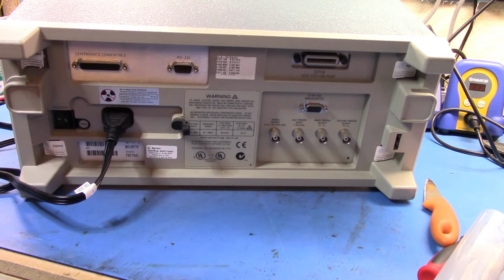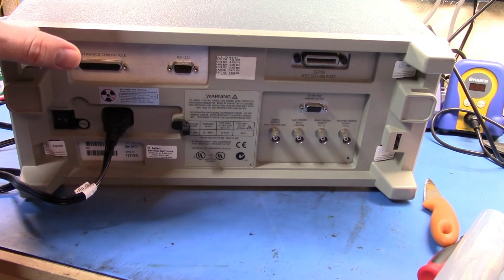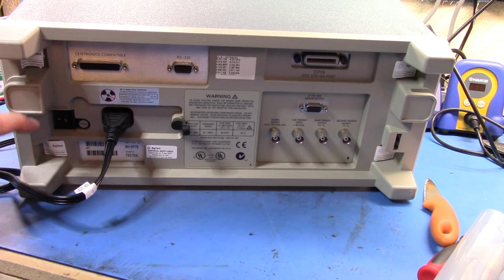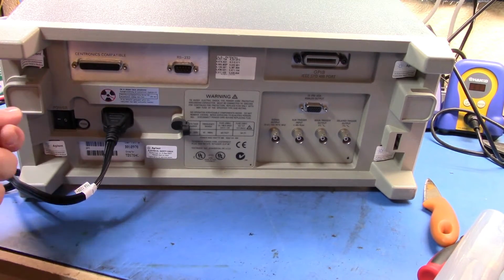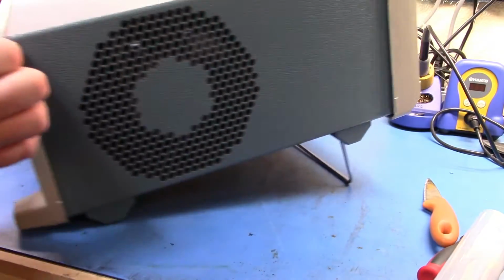Now what I want to show here, and hopefully you can see this, is that this scope had been last calibrated by an Agilent lab somewhere. And so you can see that the cowboy stickers that are the Agilent stickers are still over all of the rear screw holes where you would normally put a screw in to go and take the cover off. So I haven't modified the actual